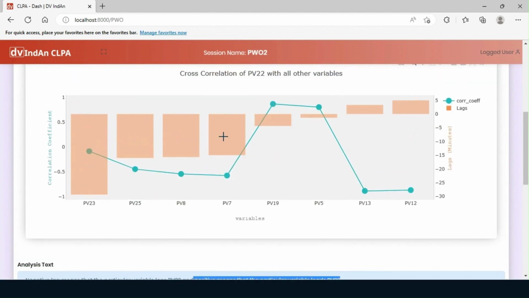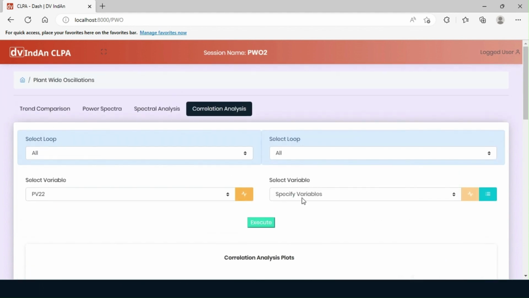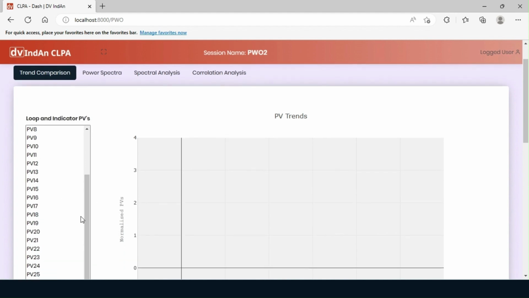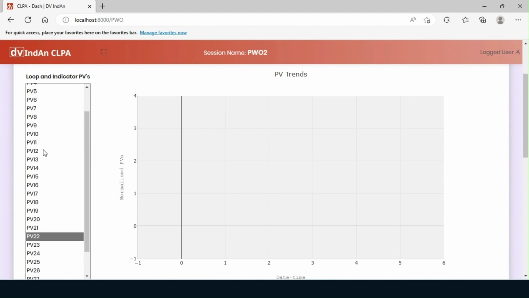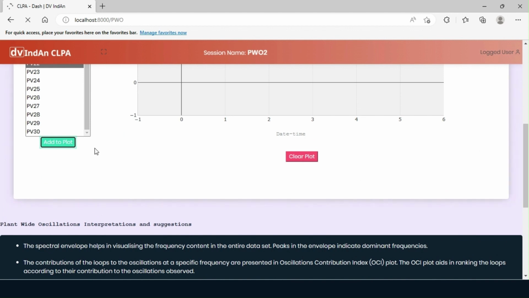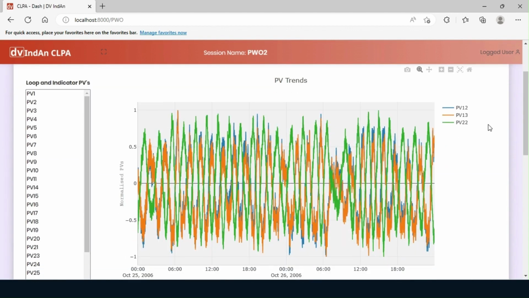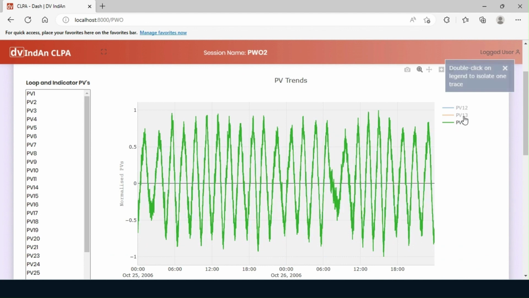To find what is going on with the variables PV12 and PV13, let us look at a comparison of their trends relative to PV22. For doing this, let us go to the Trend Comparison tab. Let's add PV22, PV12, and PV13 to the plot. We can see that PV12 and PV13 are exactly out of phase with PV22, making it difficult to predict the